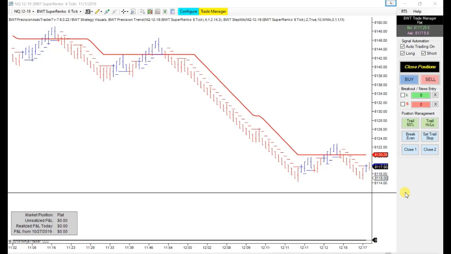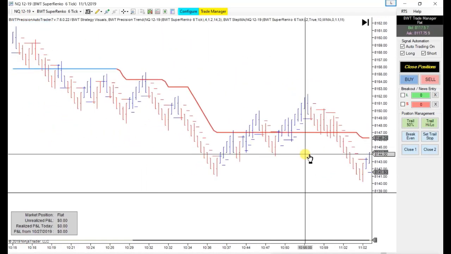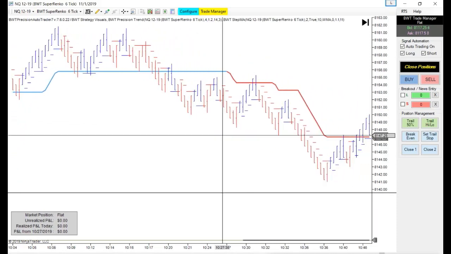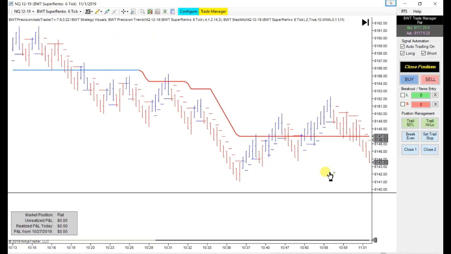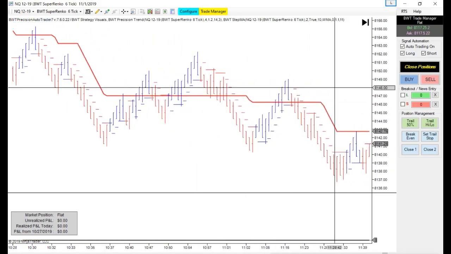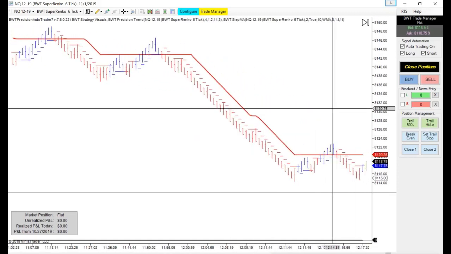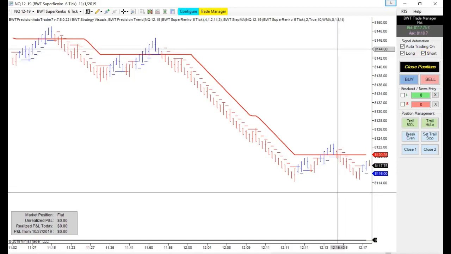I did not anticipate this, and look at the auto trader keeping me out of any long trades, because if you remember, I think somewhere along here I said I'll take a long, but the auto trader kept me out even though there were some false starts to the upside. The auto trader kept me out of any long trades, and here we are now with this very pivotal area, and I'm going to completely trust the auto trader to determine if we have a bullish or bearish formation, because